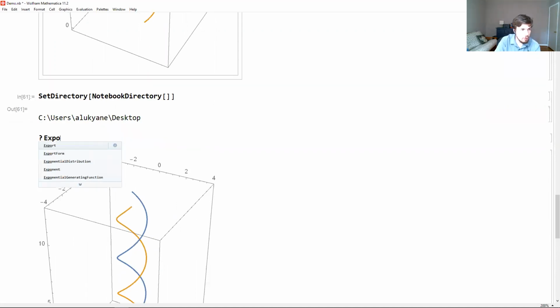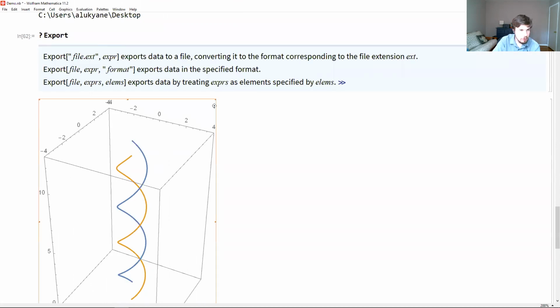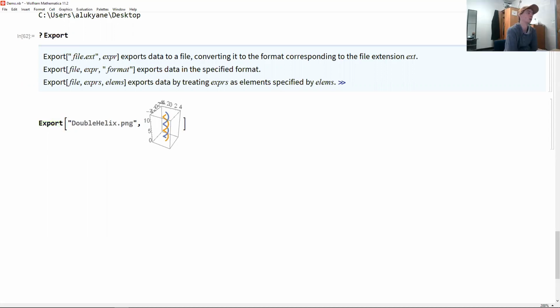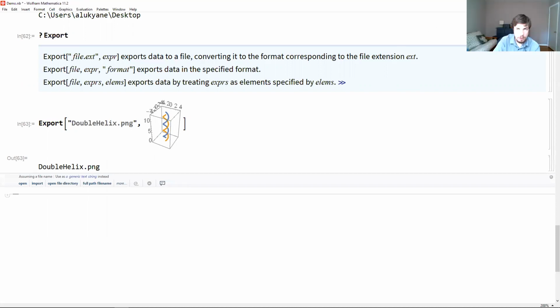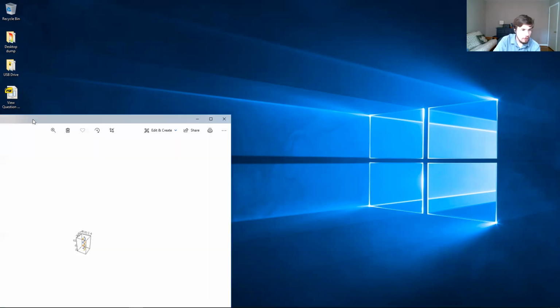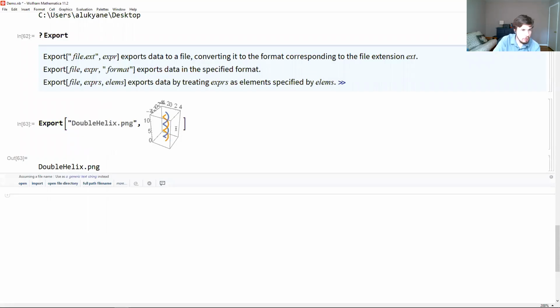And then Export, you tell it what sort of file you're saving to, and then you give it the thing that you're saving. So for example, let's make this tiny. So I would export to double helix.png. Wow. Okay. And so, okay, that gives us a very small double helix, but we can make it better by doing something like